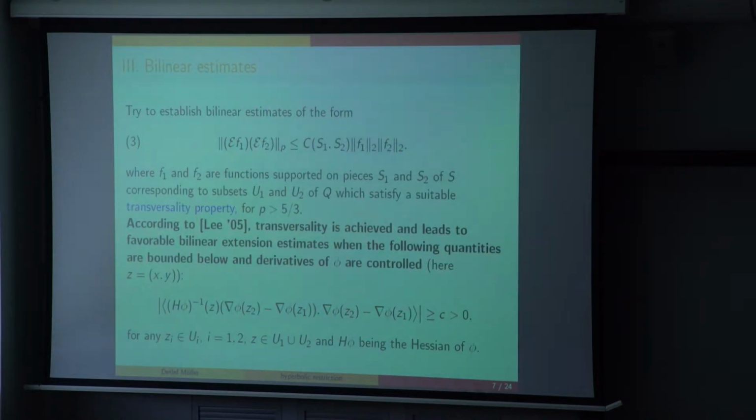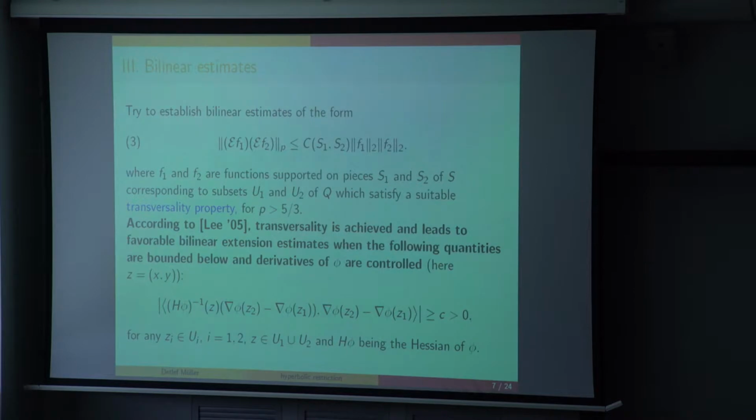So let me briefly explain, even to those who are not familiar with this bilinear method, what the main points are. I will compare the classical elliptic situation with this situation here to show what the differences are and where we need some changes. The idea is to establish a so-called bilinear estimate. You take the extension of a function f1 and multiply it with the extension of a function f2, and you want L2, Lp estimates of this kind of bilinear quantity.